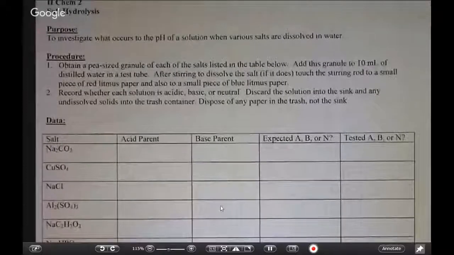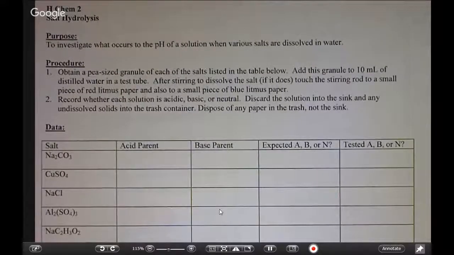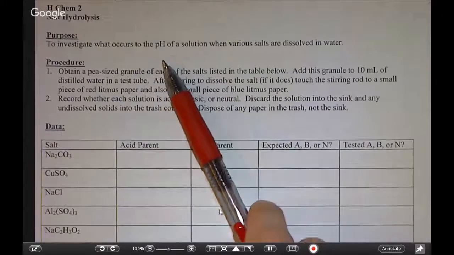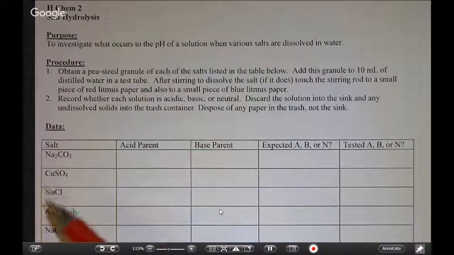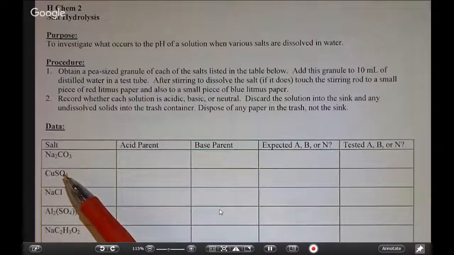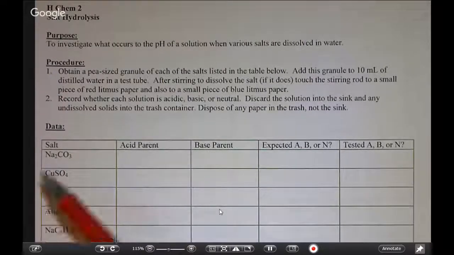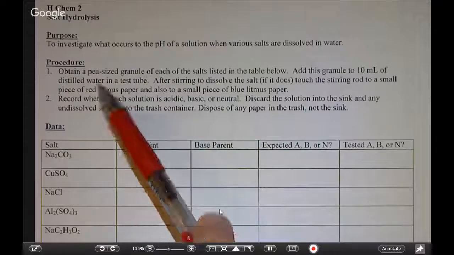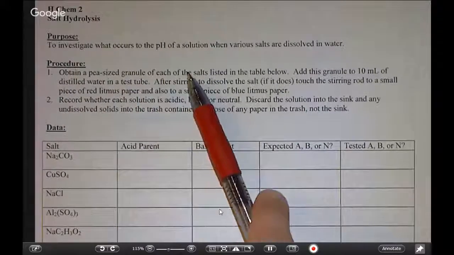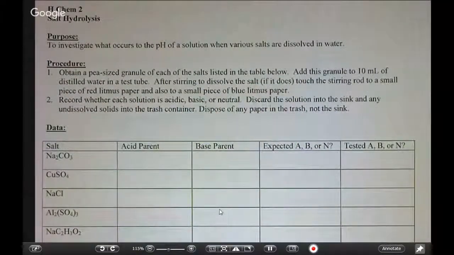Okay, so the goal for the lab tomorrow is that we're going to investigate what occurs to the pH of a solution when various salts are dissolved in water. We'll have the salt set out. Trying to remember if we have enough for every table or not. It might be that way. But it says obtain a pea-sized granule of each of the salts, add it to 10 milliliters of distilled water